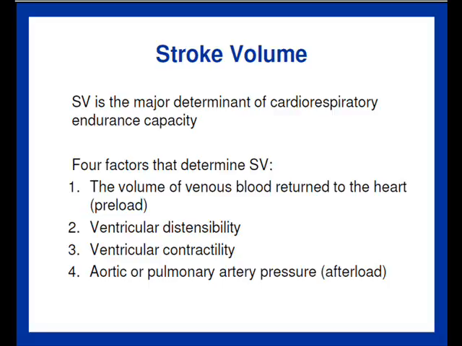Stroke volume. Okay. We've mentioned stroke volume before. End diastolic volume minus end systolic volume. It's the major determinant of cardiorespiratory endurance capacity. Factors that affect stroke volume is obviously the volume of venous blood returned to the heart, venous return. And know that we call that preload, right? So stroke volume,